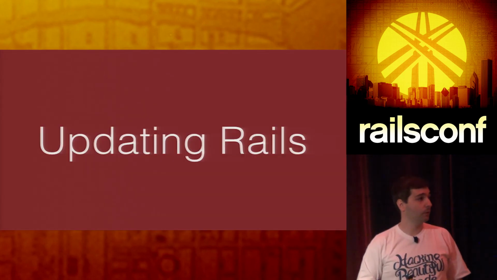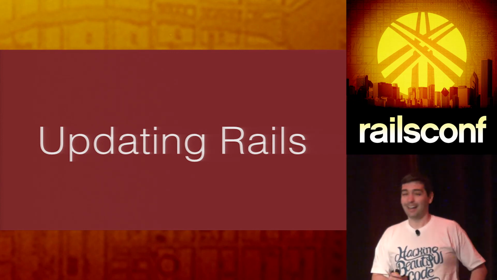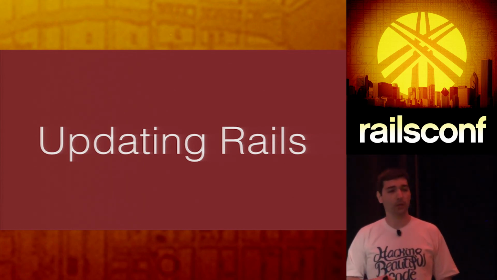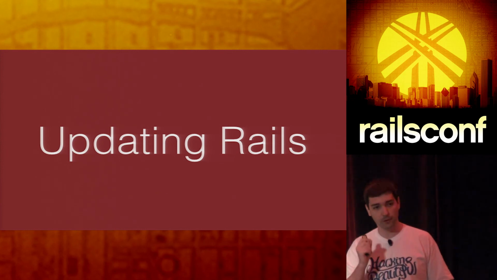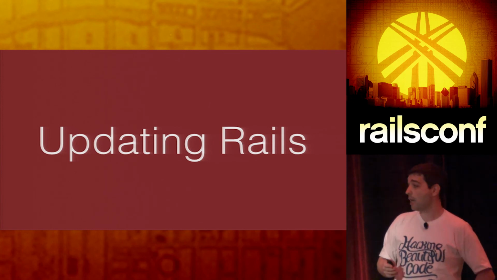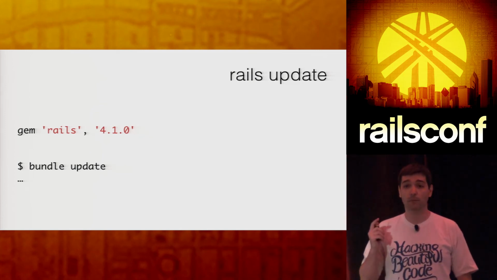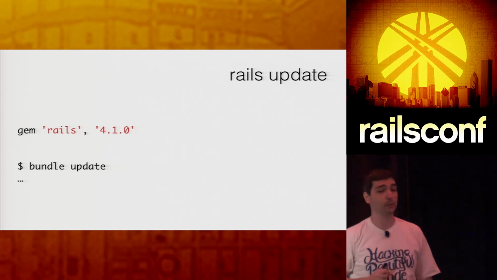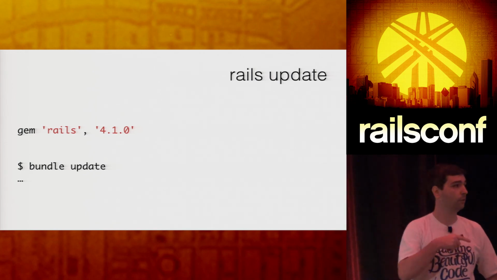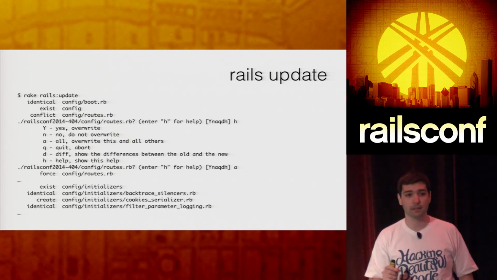And the last one I'm going to talk to you about is updating Rails. Whoa, that's usually a problem, right? So I've seen many people doing manual updates of Rails, like going configuration file per configuration file and verifying what changed manually and doing this kind of stuff. And what they didn't know is that Rails has this task for helping you with that. So let's say I have a Rails 4 app and I am upgrading to Rails 4.1. So I change my gem file, run bundle update, and then I can run this Rails update task, right?